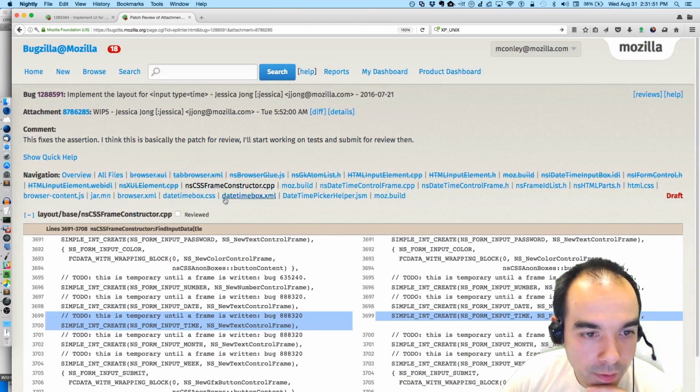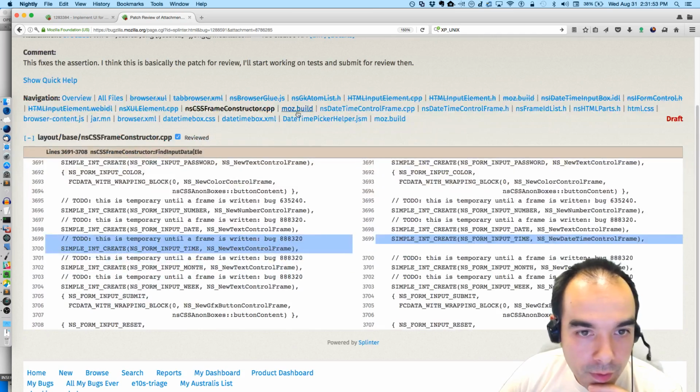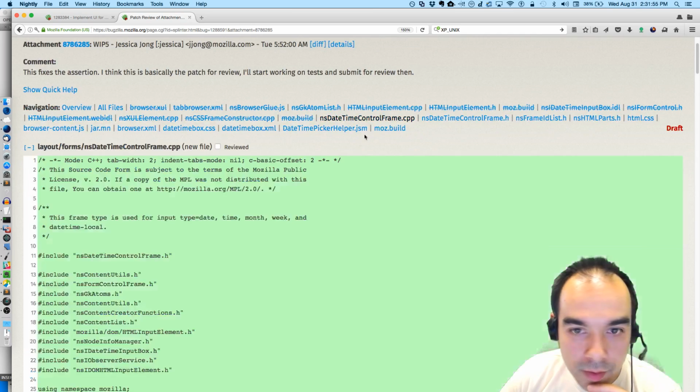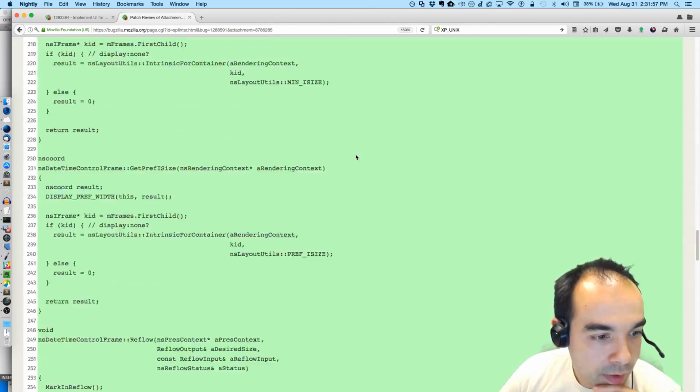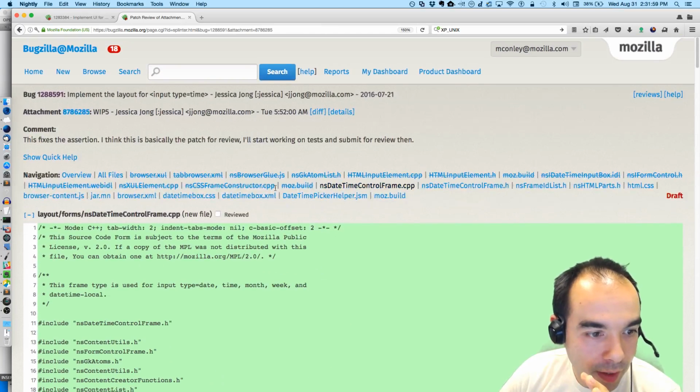Okay. Mouse build, state time control frame. This is all stuff that I don't feel like I'm qualified to review, but the front end.